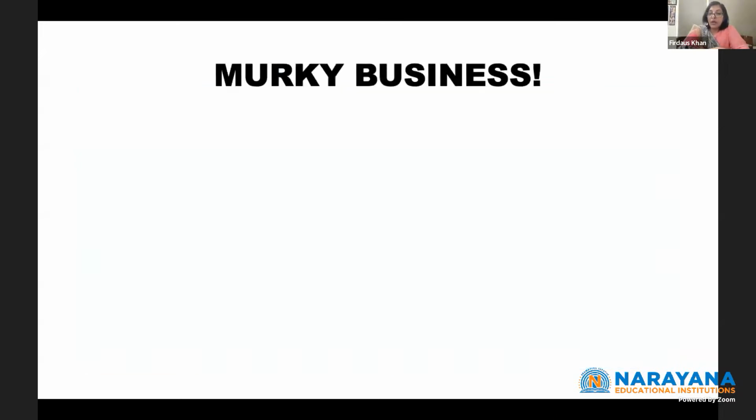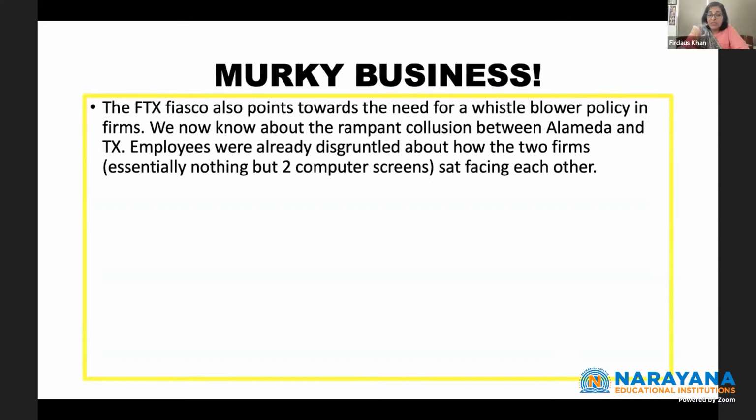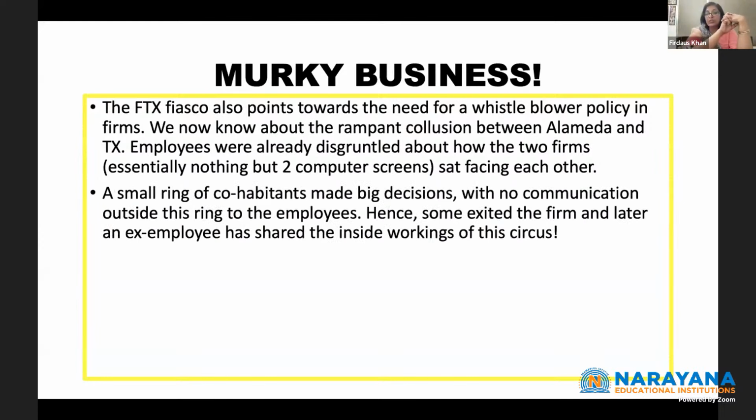Okay. So now we go ahead to the third part. The business was really murky. It was not very efficient, not very clean. What we saw is that towards the end, when the story was really coming out, some employees have actually released all that data. And they have told how Alameda and FTX were just two firms. There was a group of people just sitting at computer screens and talking to each other and doing their work. So that's literally how close the two teams, the two firms, actually were,